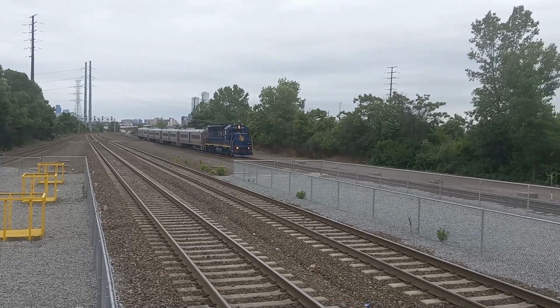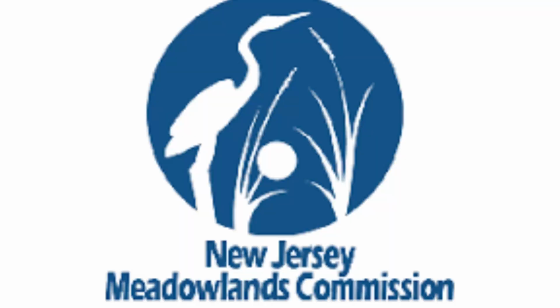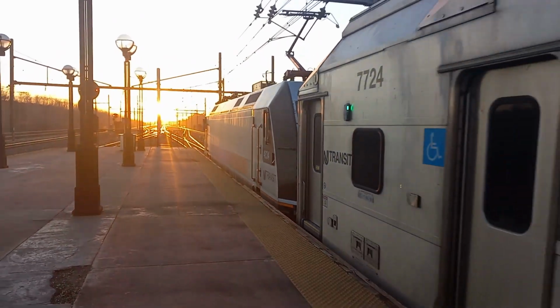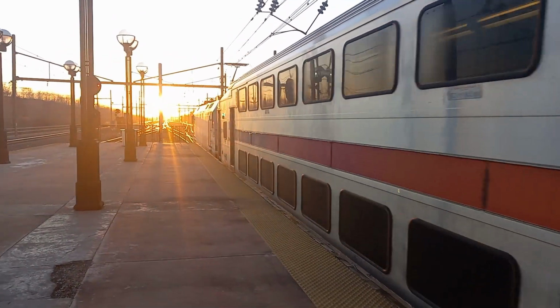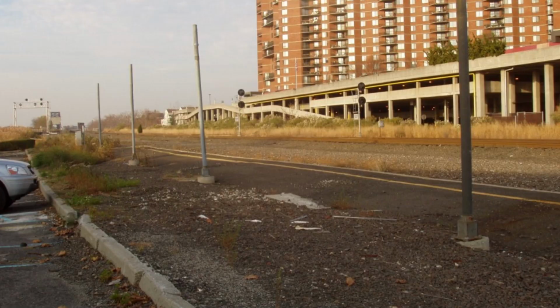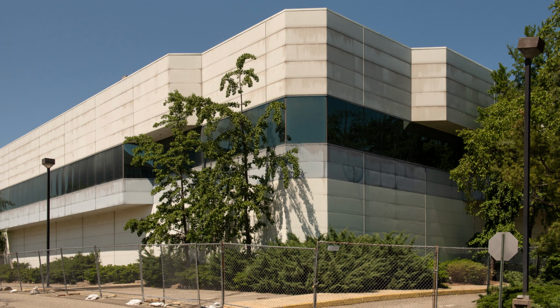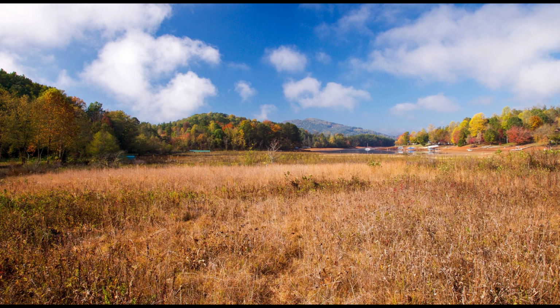In December of 1977, Hartz Mountain Industries sent an application to the Hackensack Meadowlands Development Commission for permission to construct a station and a 100-car parking lot to service the development. Following the issuance of the permit, it was expected that construction on the station would begin within the next 60 days. The station was built adjacent to the development at Meadowlands Parkway on the site of the Reedfield Meadow for $150,000,